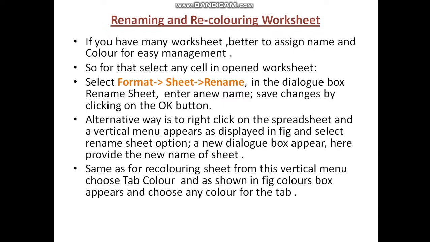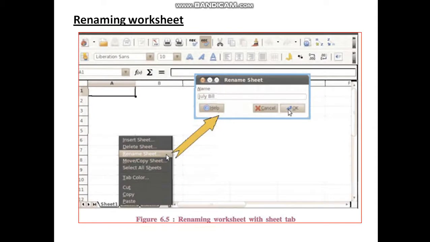An alternative way is to right click on the spreadsheet tab and a vertical menu appears, as displayed in the figure, and select the Rename Sheet option. A new dialog box appears here. Provide the new name of the sheet. This is useful for renaming and recoloring worksheets.